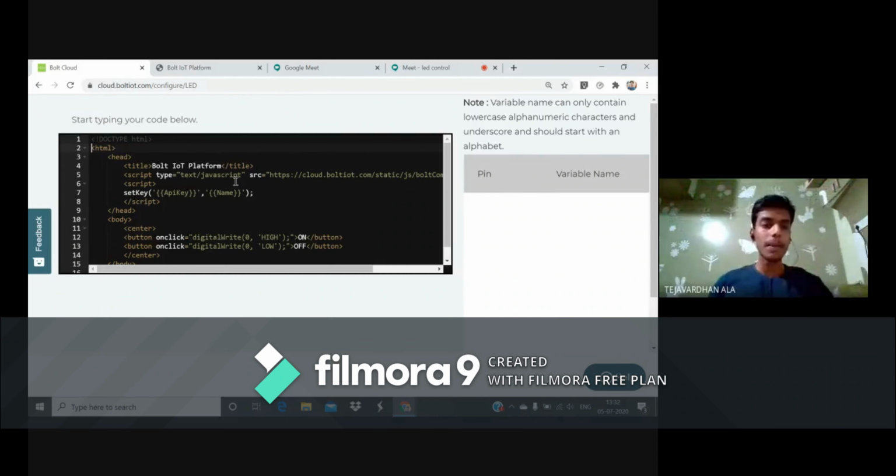So you need not replace the API key and name with our required terms. It is not necessary. You have to simply use that. You need not mention anything because it automatically replaces. Next, in the body, what is the main content we are going to write? This HTML language we are going to write.